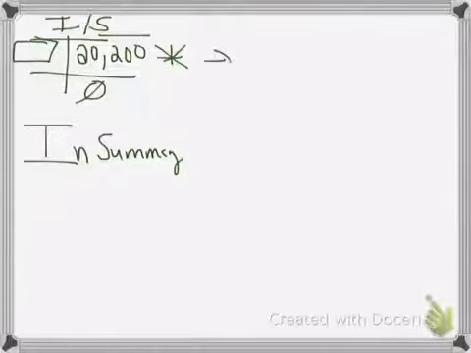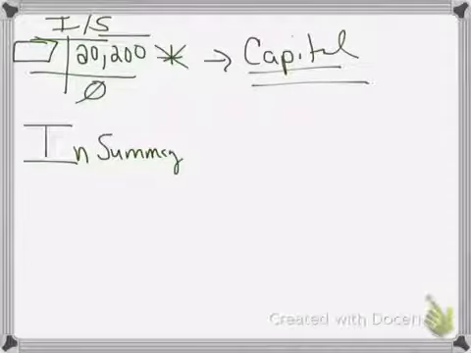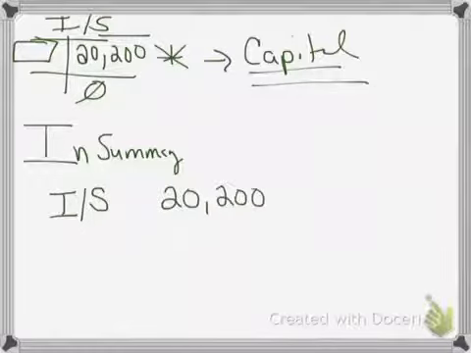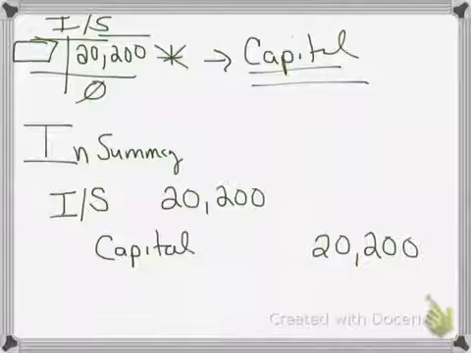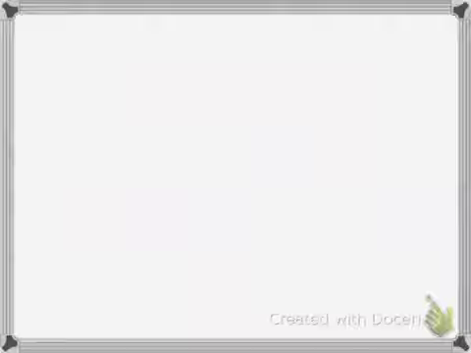Now, the income summary account will close to the capital account. So the two accounts that you're going to be looking at here are income summary and capital. We need to debit income summary. So I'll have income summary for that 20,200, and the credit account is going to be that capital account for 20,200. The next thing that we look at in closing entries is the D, and D stands for the drawing